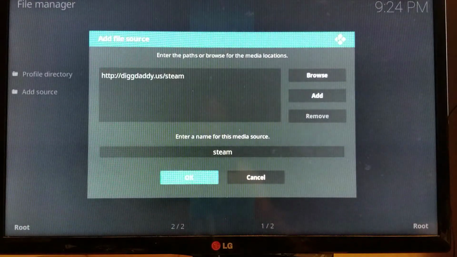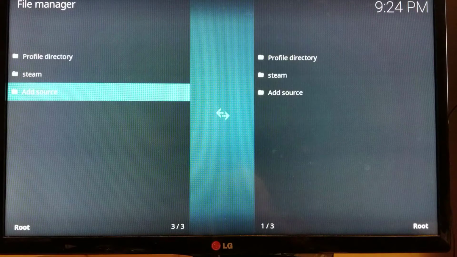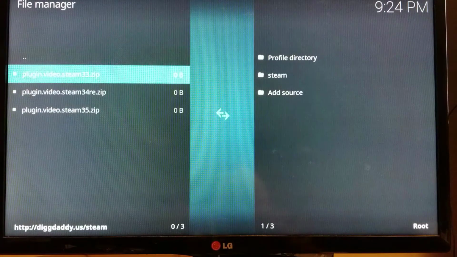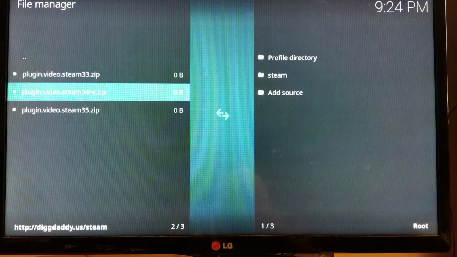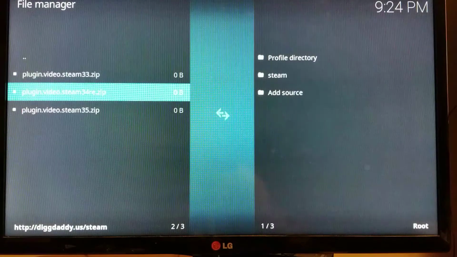Clicking that, and you're going to see Steam right here. Alright, go ahead and hit your OK button. If you want to double check to make sure, you can click directly on Steam and you should see it right in here. These I will be removing. These are old setups. That's your new one. So now that you already see it's in there and it's in there correctly, we're going to hit your back